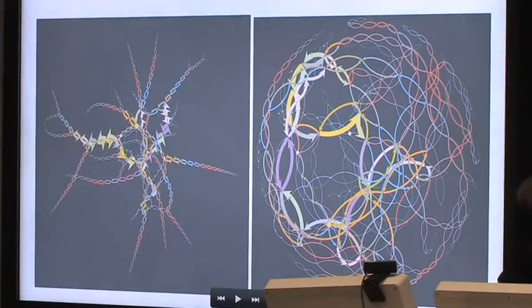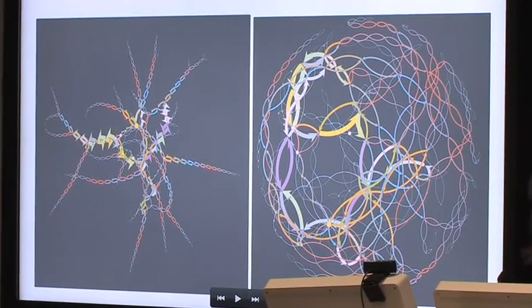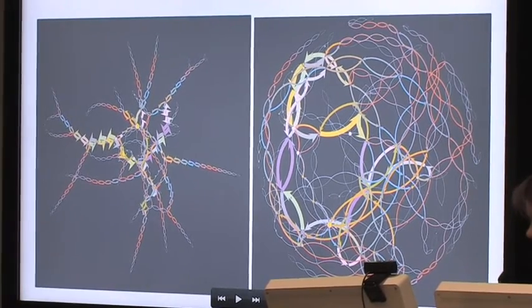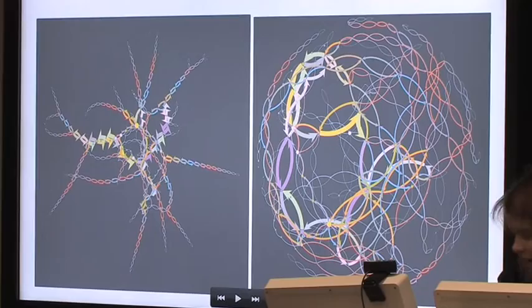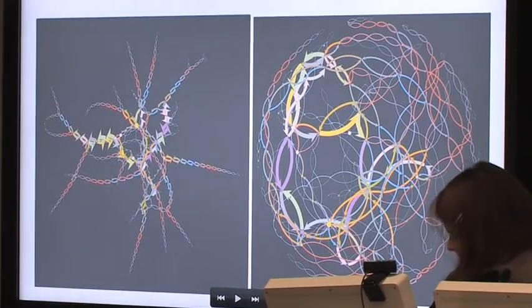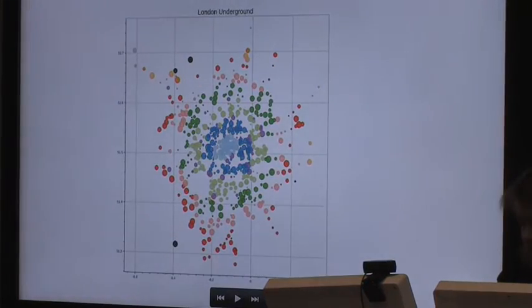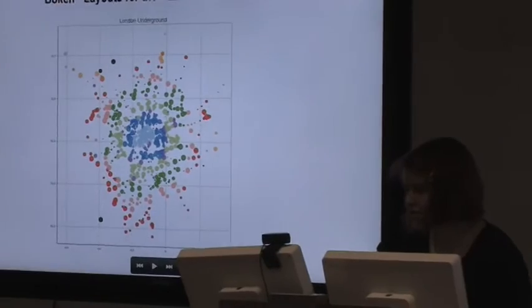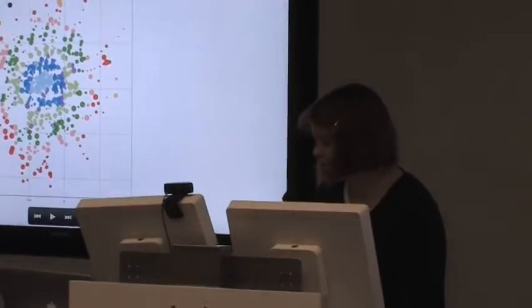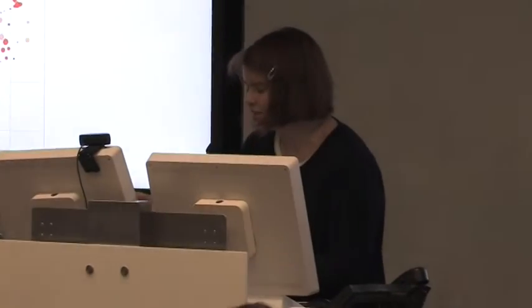So I did some experiments, and this is the London Underground visualized in more or less creative ways. I mean, they are quite pretty, but their value for the data analyst is not that great. But I'll just let you stare in awe for a few seconds. Okay, right. So I decided that the best way, at least for my project, was to simply plot the stations based on their geographic coordinates, so that I would at least know what's going on in zone 1 and zone 2 and so forth.